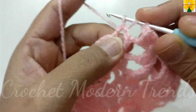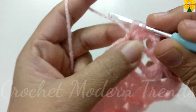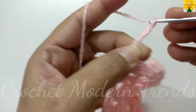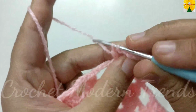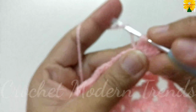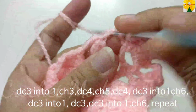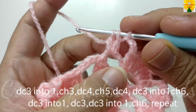Into this chain space of 4, double crochet 1, 2, 3, 4, chain 1, 2, 3, 4, 5 for chain space. Into the same chain space of 4, double crochet 1, 2, 3, 4, chain 1, 2, 3. Into the next chain space, 1 petal, so double crochet 1, do not close it, double